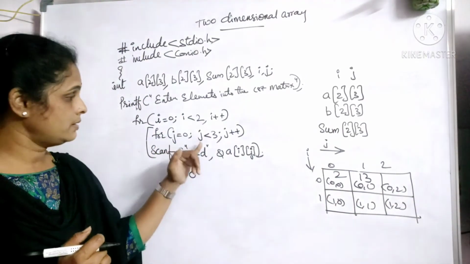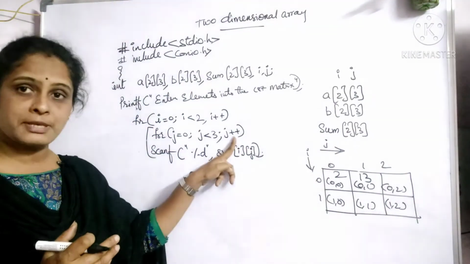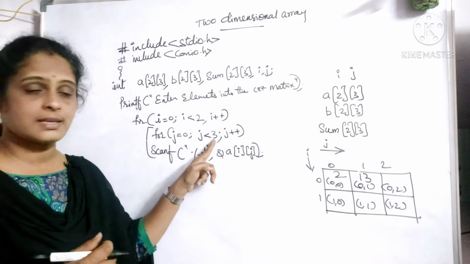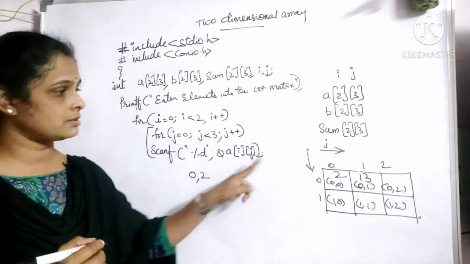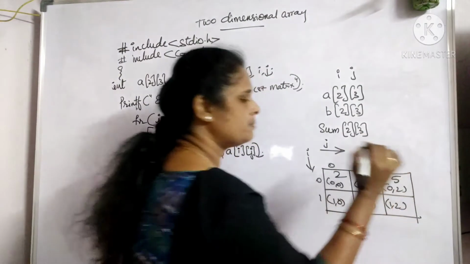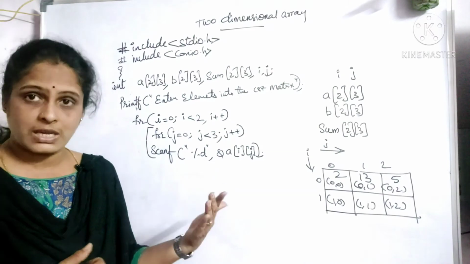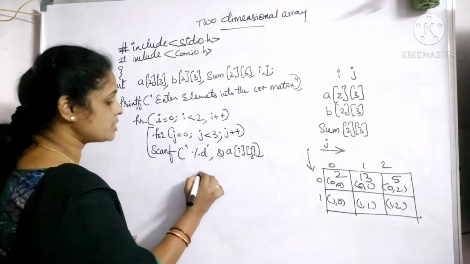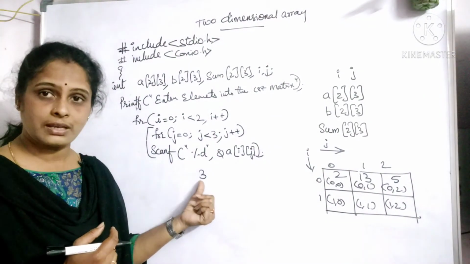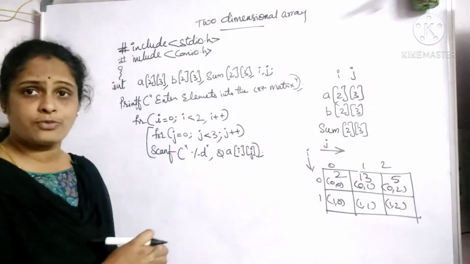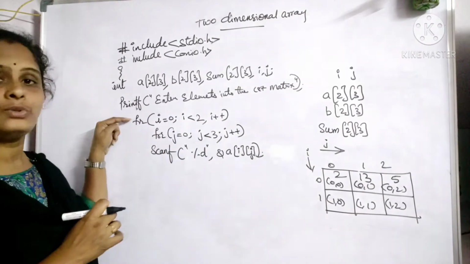Now coming to this one, J's previous value was 1. Now it becomes 2 because plus plus is there. Is 2 less than 3? Of course yes. So at 0, 2, that is I is 0 and J is 2, at that position a value will be taken. Let it be 5 here. Okay. Then it takes an increment again. Previously the value of J was 2. Now it takes an increment, so J becomes 3. Now check the condition. J less than 3. Is 3 less than 3? No, it is not. So because the condition is false, it comes out of this loop and now comes the turn of the outer loop here.